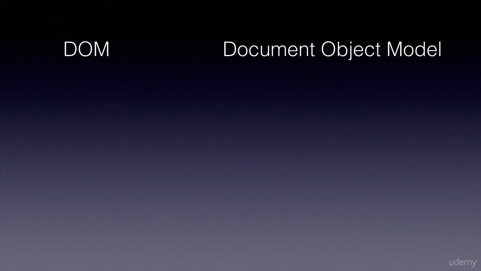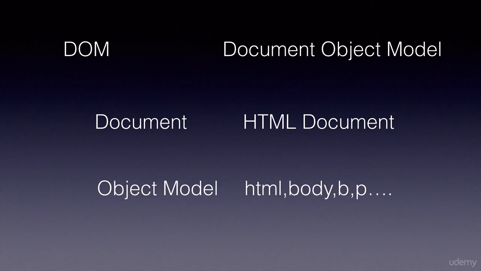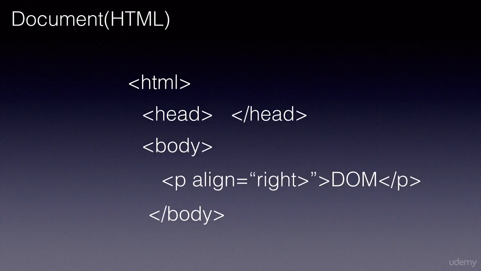DOM stands for Document Object Model. The document is the HTML document that is loaded into memory, and the entire HTML document is represented as objects. The HTML body and any other tags that we use inside it will be represented as objects, and we can access all the HTML elements and its attributes from within our JavaScript code using the DOM API, the Application Programmer's